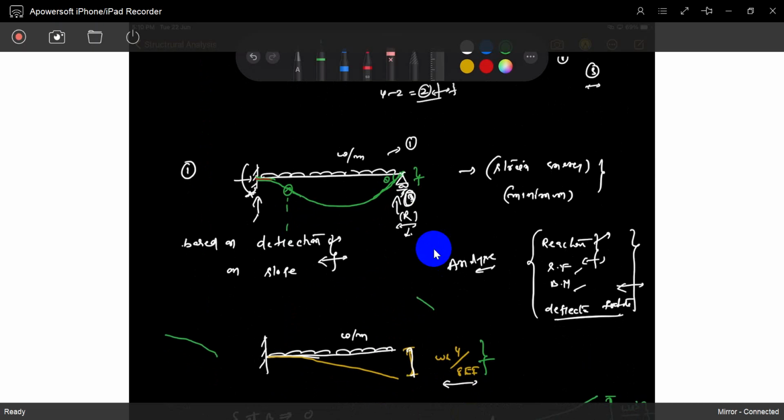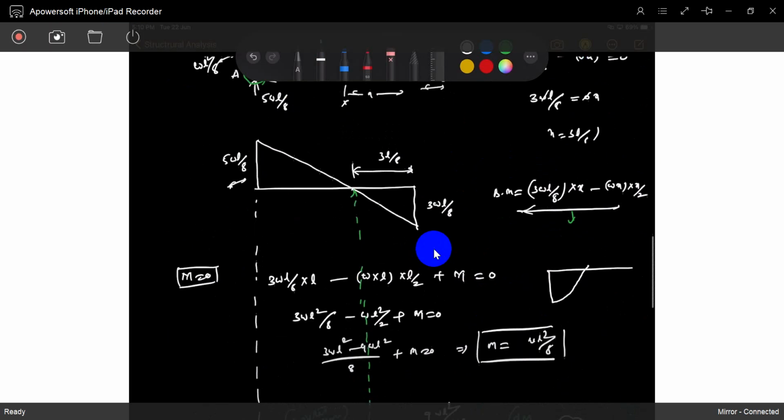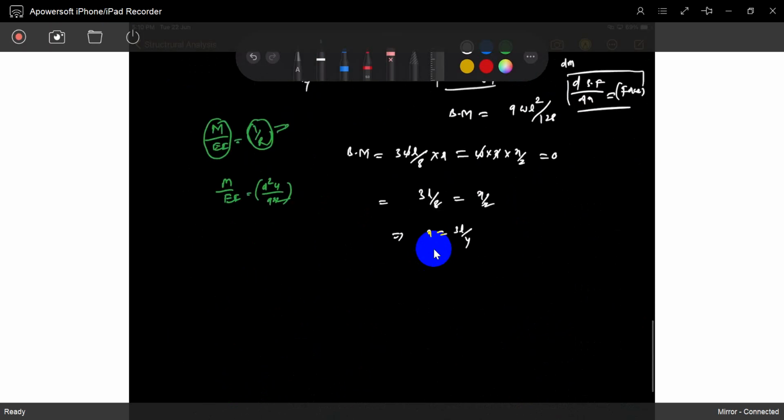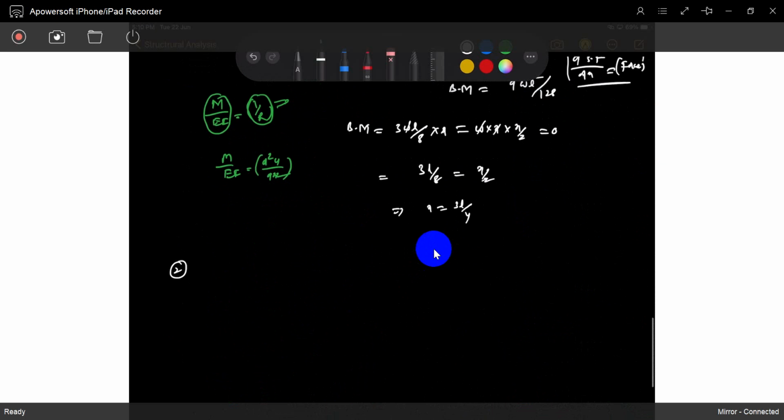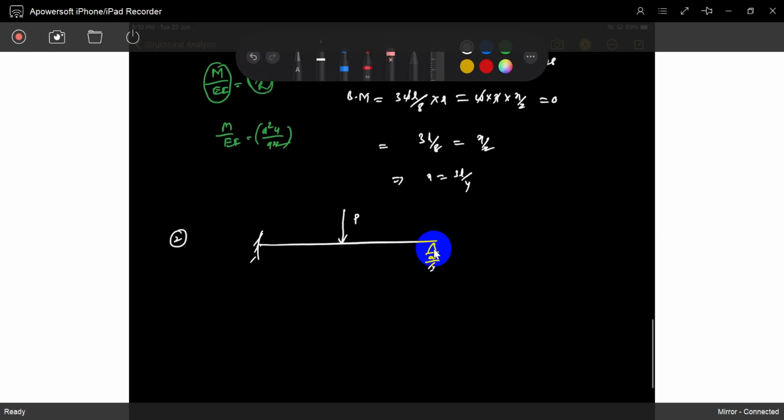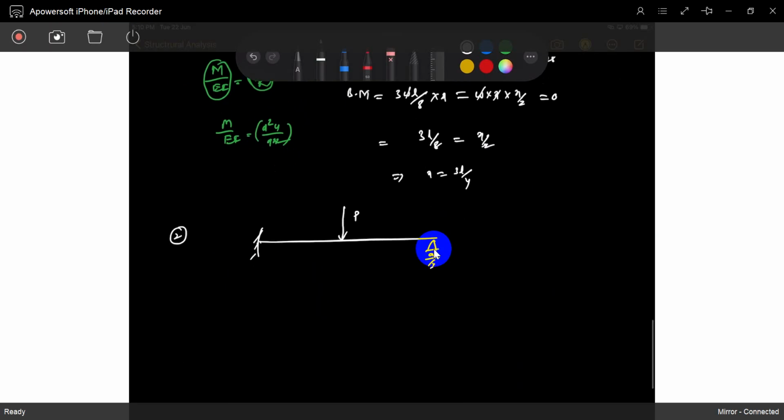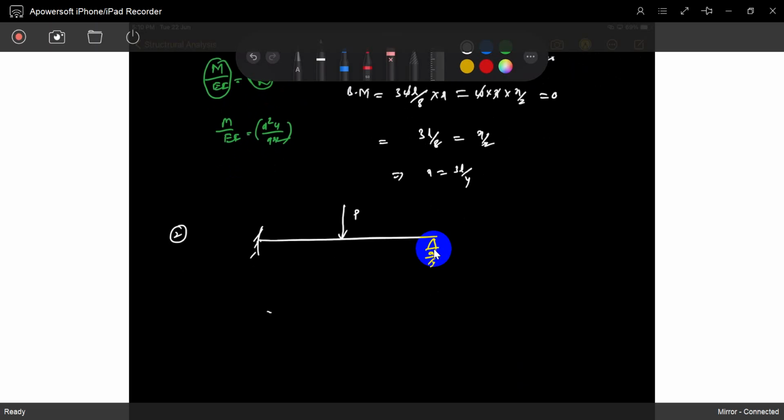How to draw a curvature diagram, and what is the meaning of a fixed joint? Fixed joint means the slope is 0. I do not need to explain it once again, so you can understand later. Okay, so next I will solve the second one. That is a P type with a joint and a prop, so you already know it, the same thing.